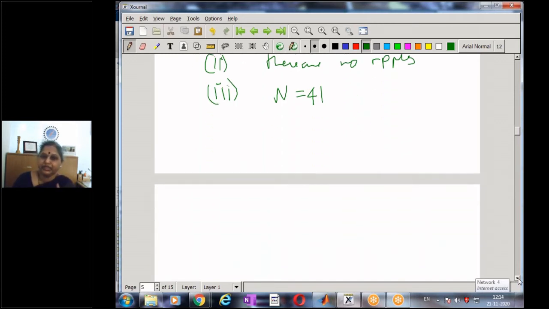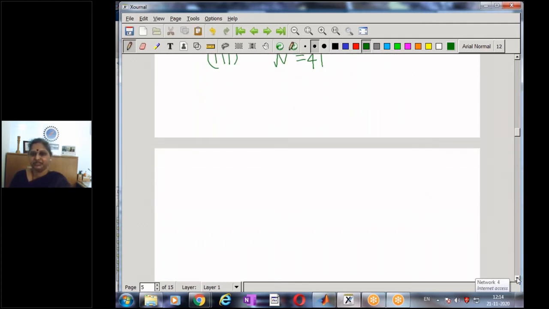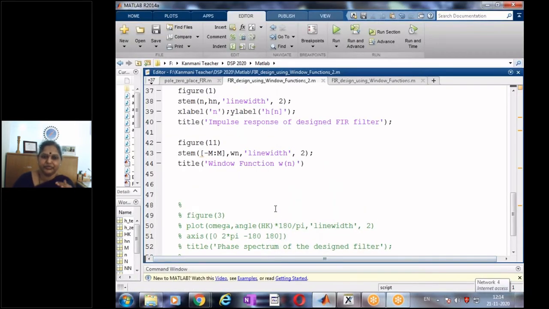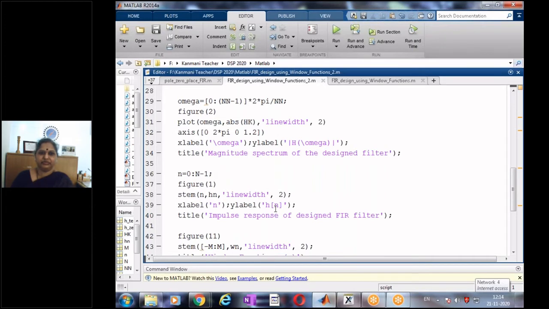But before that, let's make one more observation, which is, since we have the code ready, let us just see, no computation, no calculation, let us also look at the pole zero plot of the FIR filter. It could be any window function. There will be a small change in the location of the zeros, but let's see how the pole zero plot of the FIR filter looks. So I have the same program.